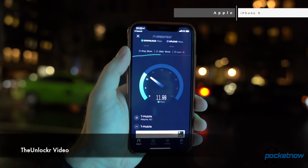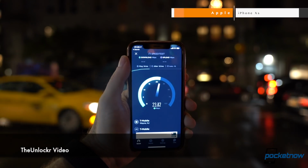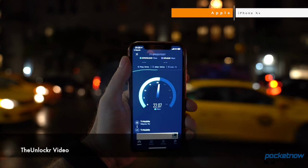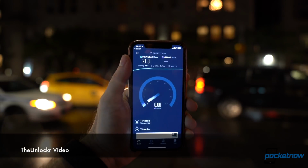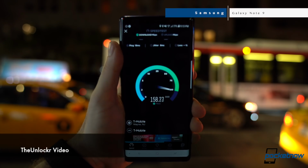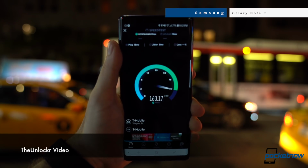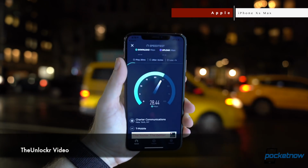We ran the test with my buddy David Kogan, and sure, the iPhone XS reached double the data speeds of the X. But once we added the Samsung Galaxy Note 9 to the mix, the Note 9 just destroyed both devices on the test. It's sad, but these Intel modems are really making Apple look bad here. I highly recommend that you watch David's full walkthrough of the iPhone XS for more details at his channel at